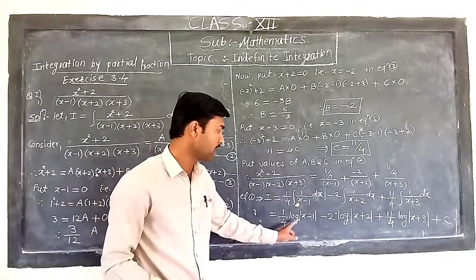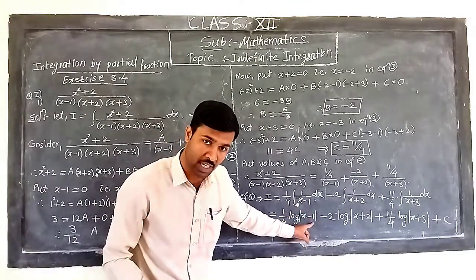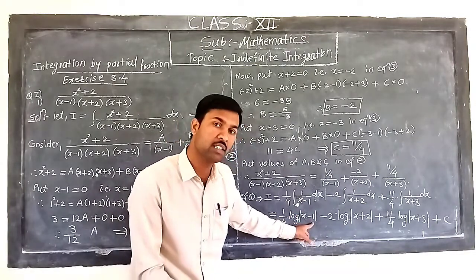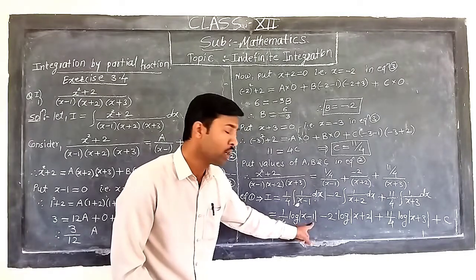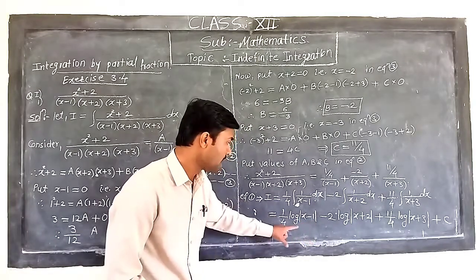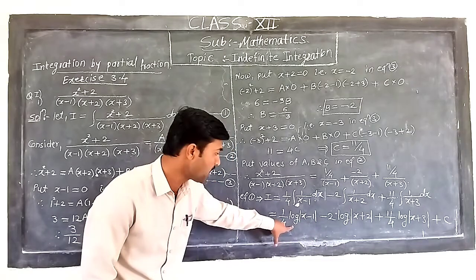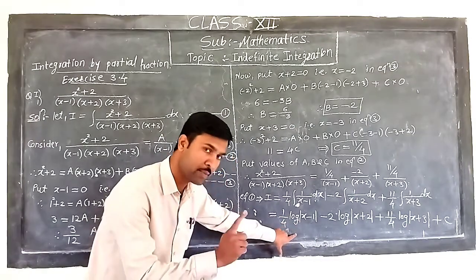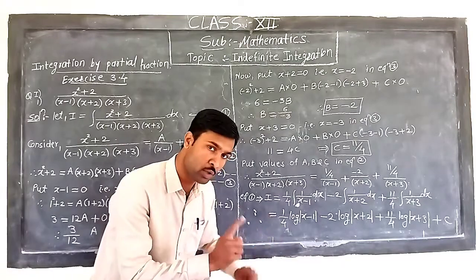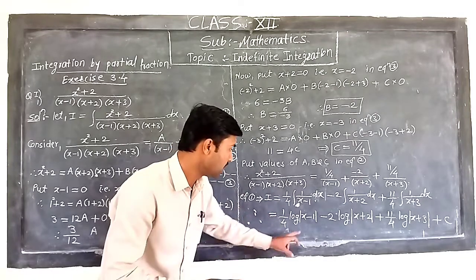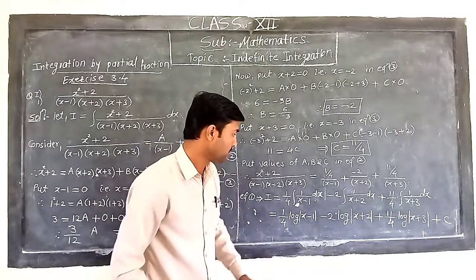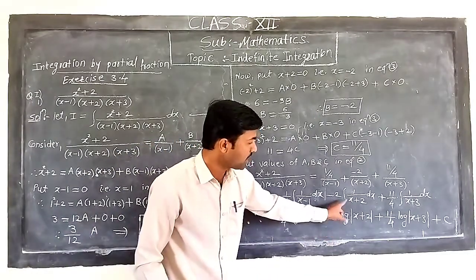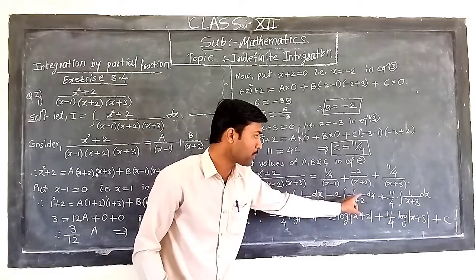So that I write it here, log of mod of f of x is x minus 1, which is greater than x. As it is a composite function, we have to differentiate it in the denominator. After differentiating this term, the derivative of x will be 1 minus the derivative of the constant, which is 0. 1 minus 0 is 1, and in the denominator it is not necessary to write 1. It is always present. Minus 2 into, here is the same term, integration of 1 upon f of x dx.